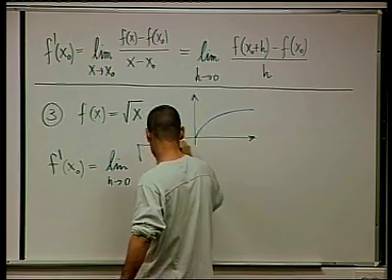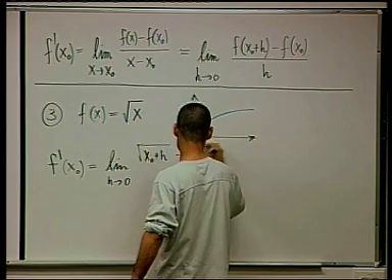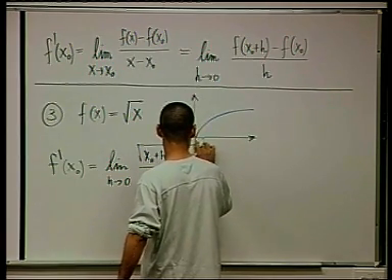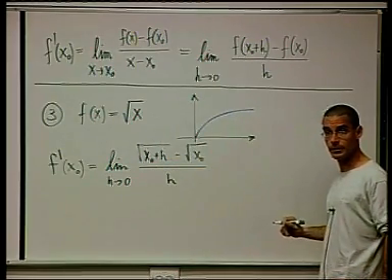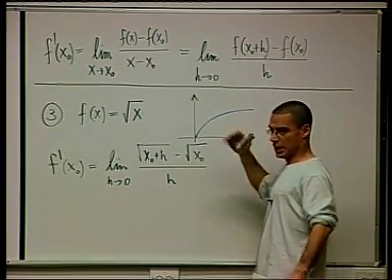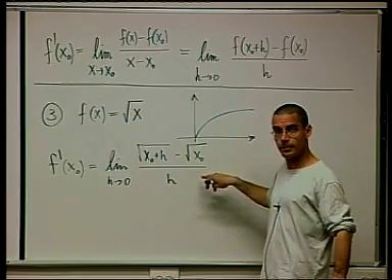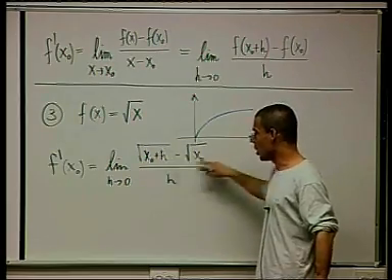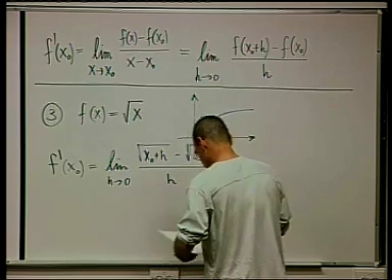Root of x0 plus h minus the root of x0, divided by h. Do you agree that this is the limit that I want to calculate? Do you know the standard trick to use here? Multiply the top and the bottom by the conjugate of the difference. So I'm going to multiply top and bottom